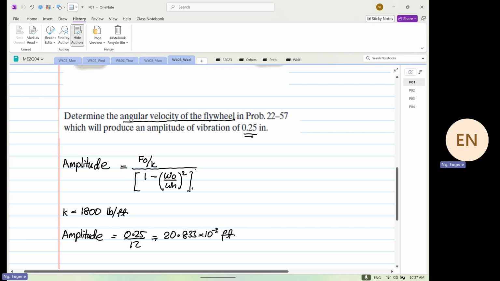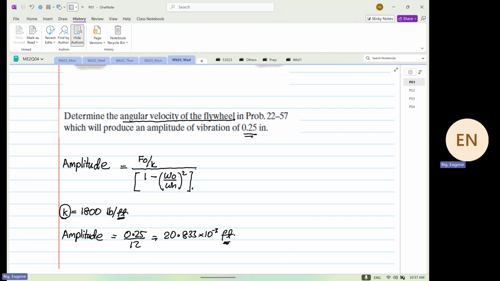We have to do this in feet because the stiffness is in feet. So we have to convert this to feet. So for this question, we would like to determine